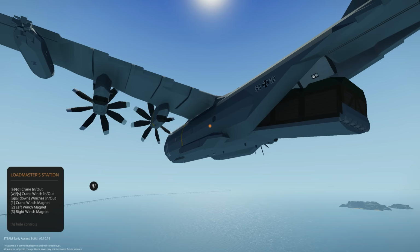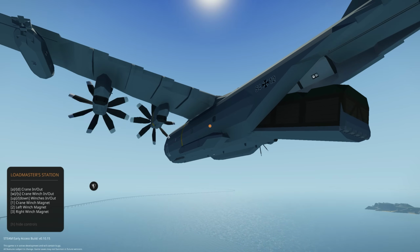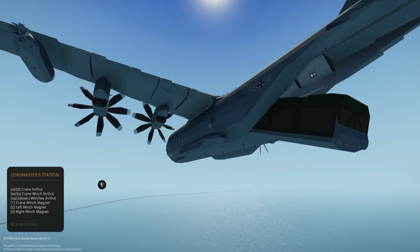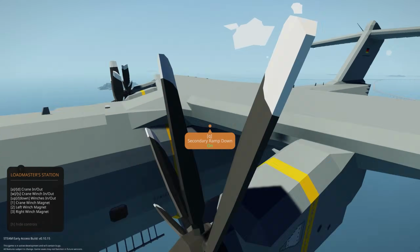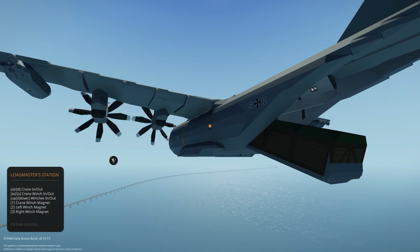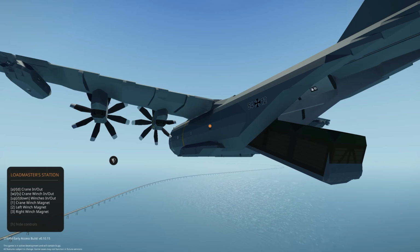Wait, okay, it seems to be going down, but that main back ramp is still not wanting to shift, so that's the secondary ramp. It just doesn't want to move, so it's maybe up. You can see it's just...